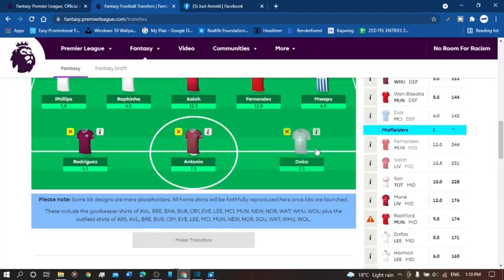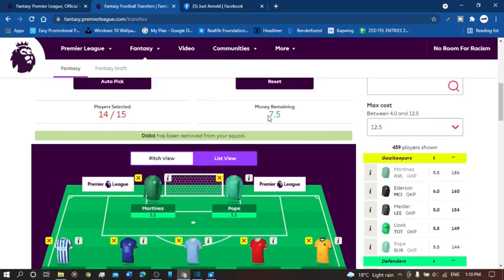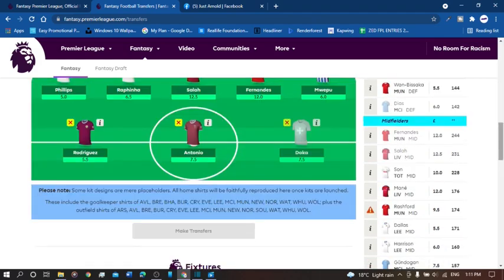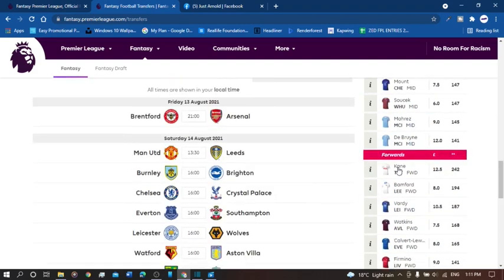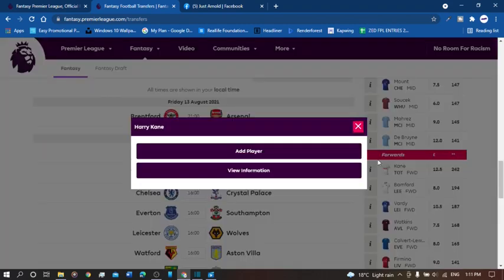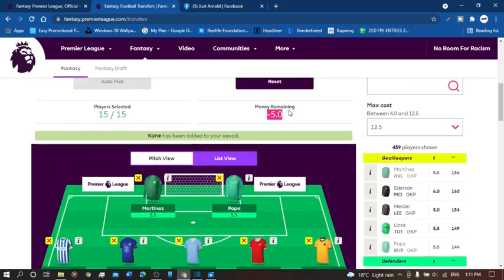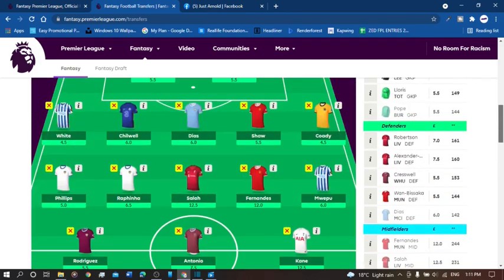So let's say this is how much I'm left with, 7.5. So if I choose a player higher than that, like Hurricane, I'll be given this error saying I have a minus and I won't be able to save my